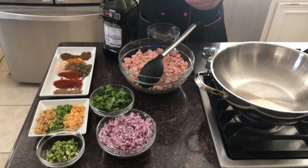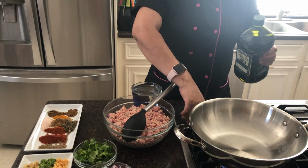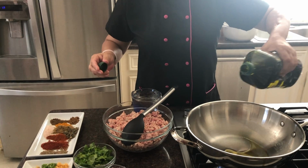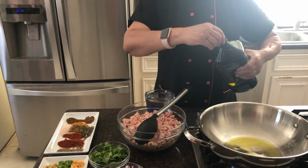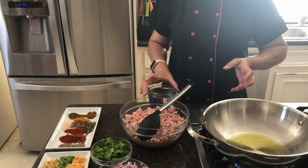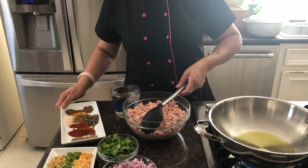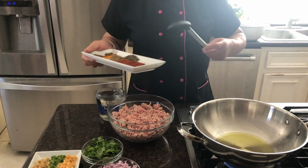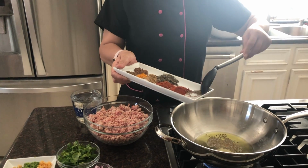So let's start now. We will add a little bit of oil, probably 2 tablespoons, because we don't need to add much oil. We have to try to minimize any moisture going in the keema, because we have to put it in the parathas. So at this point we will add cumin seed,